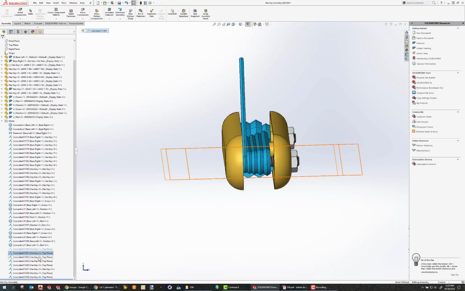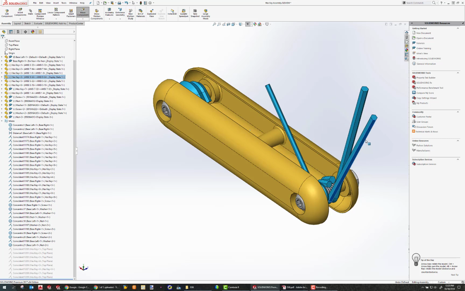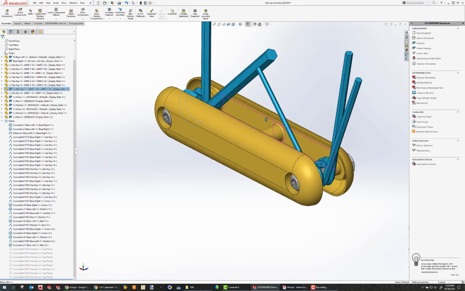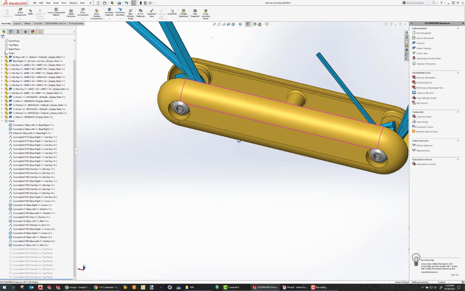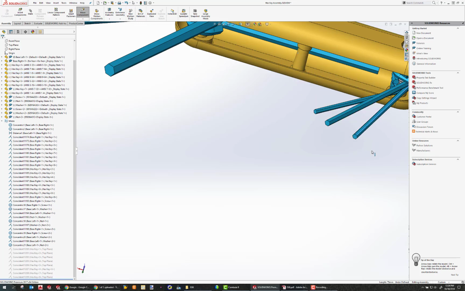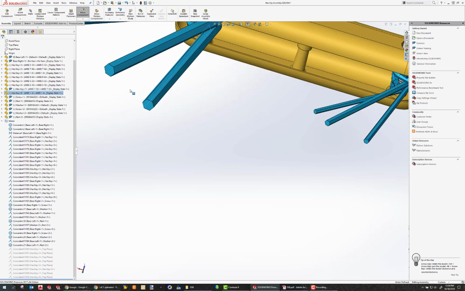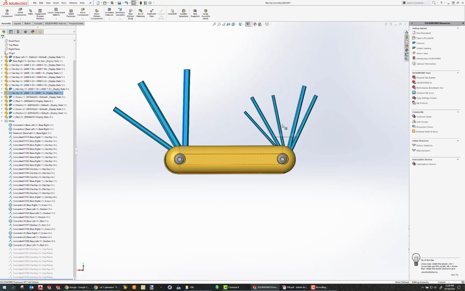And so for the hex keys, I can select all of them at once. I can right click and I'm going to say suppress. And now I believe each one of these hex keys should be able to be clicked and dragged open. Good. Let's drag all these out just so I can see them. Sometimes it's easier if you can see the items when you're mating them. Okay, good. So now I have all my keys